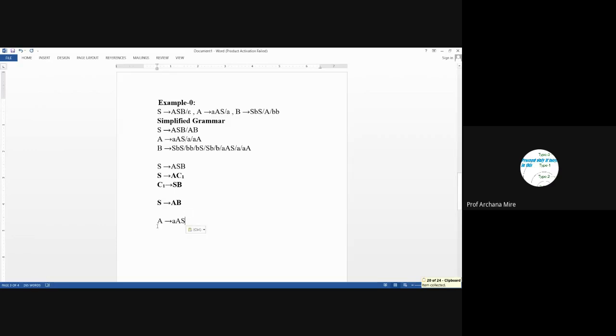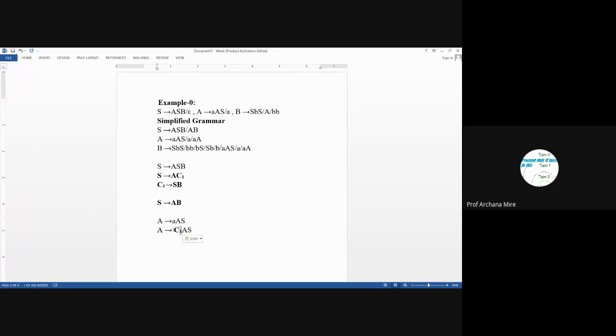The next production rule consists of a combination of terminal and non-terminal symbols. So if a production rule consists of a combination of terminal and non-terminal symbols, then what do we have to do? We need to replace the terminal symbol with a new non-terminal. Generally we use the same notation: if it is terminal symbol A, then it will be replaced with a non-terminal CA.